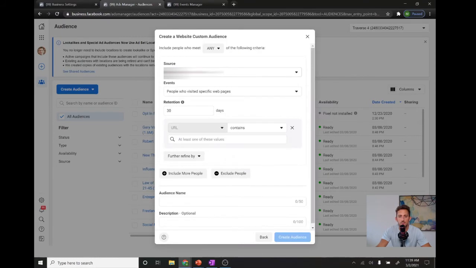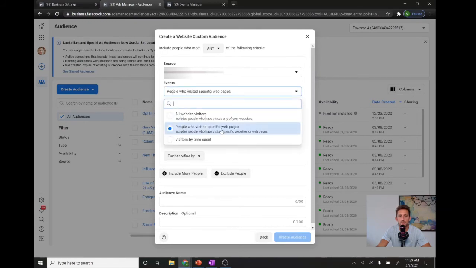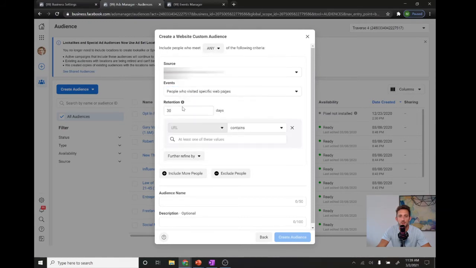Then you want to select your pixel and choose events, people who visited specific web pages. And then you can play around with the retention. Depending on what event you're doing, I like to change this number. So let's just say we want to do 90 days, anyone who came to our webinar in the last 90 days. So I would change that retention to 90, and then URL contains